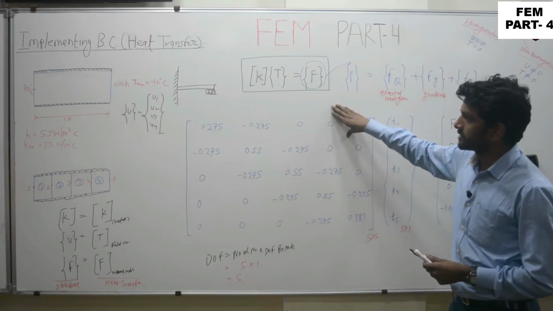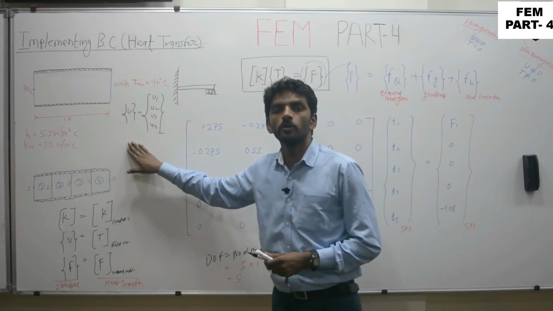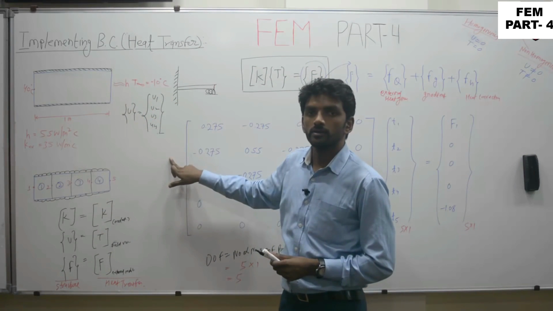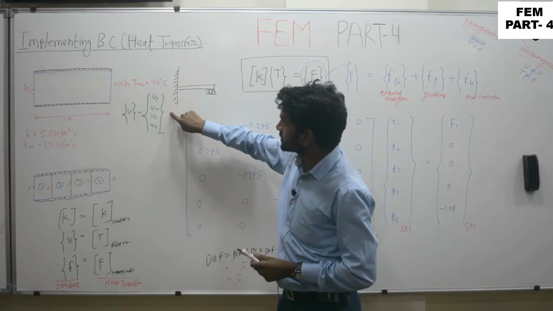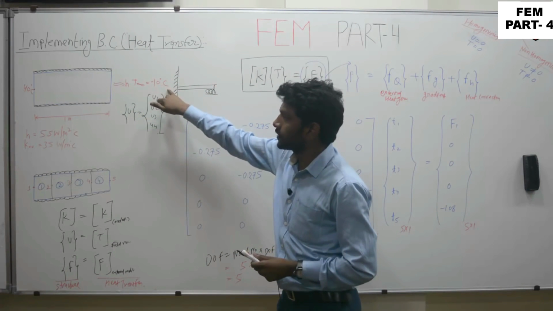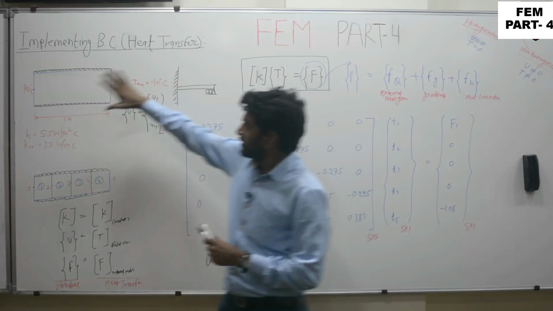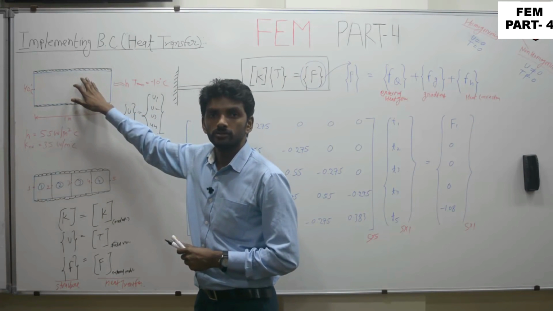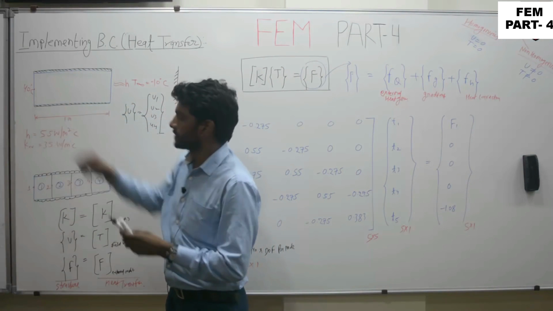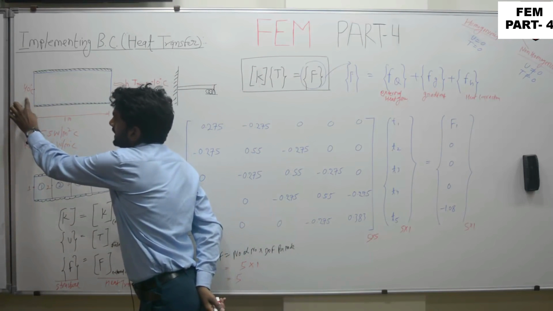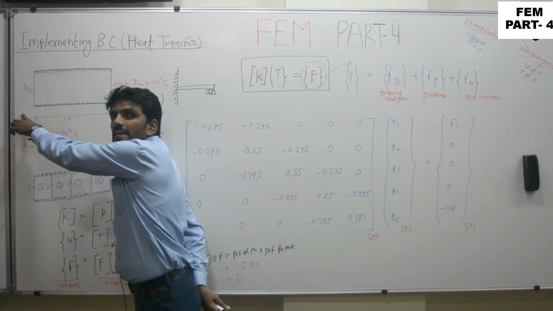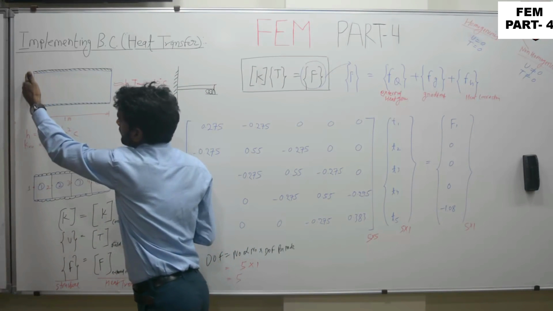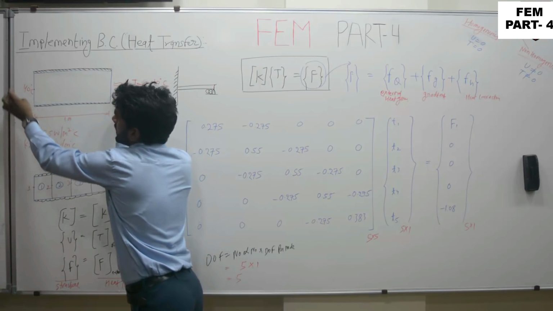Okay. Now the boundary conditions. In a structural problem, boundary condition means the variable or field variable which is already known. If it were fixed, it means the u value at that particular node was 0. Here the boundary condition means the temperature given at particular nodal values. In this particular problem, it is already specified that the temperature at the left face is maintained at 40 degrees centigrade. This is the left face, this is the right face. The left face is maintained at 40.